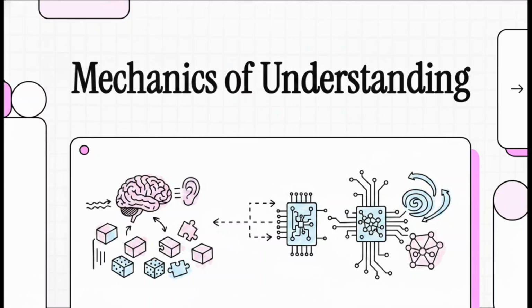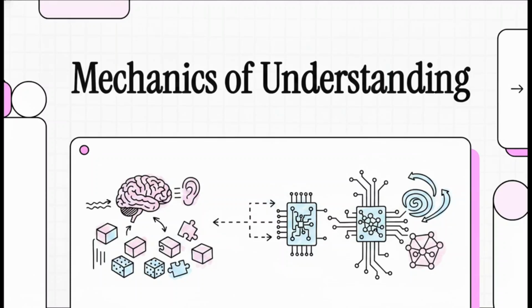Well, today, we're going to look at exactly how we, as humans, break down that complex information to truly learn it. And then we're going to cross the frontier to see how artificial intelligence processes the exact same world. As you'll see, there are some pretty incredible parallels between the human mind and the machine.